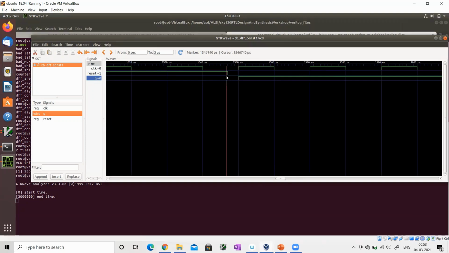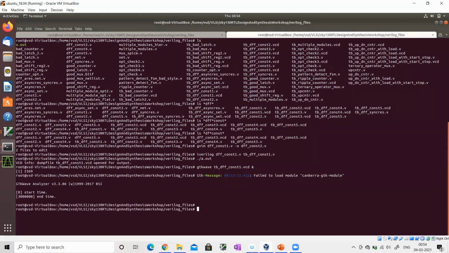It's not going one here. It's not going one here. It's waiting for the edge of the clock. Since it has to wait for the edge of the clock, you cannot do it without the flop in picture. So this circuit will infer a flop. In contrast, if you see the other circuit,